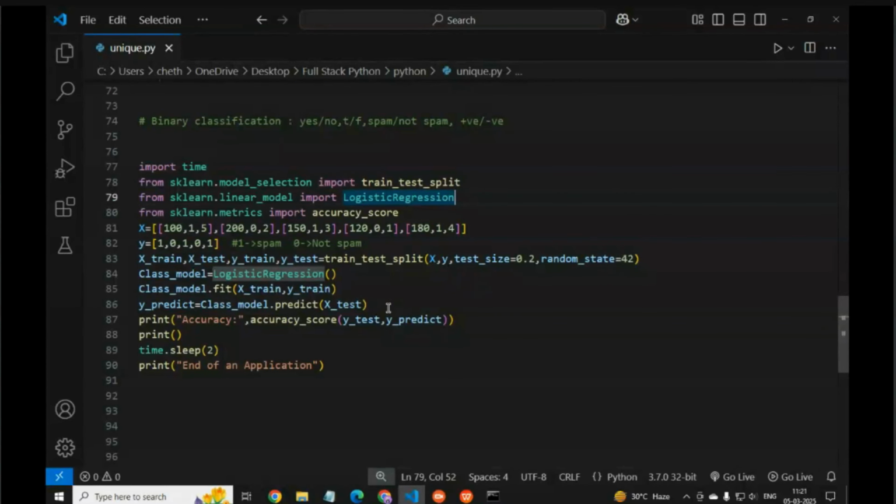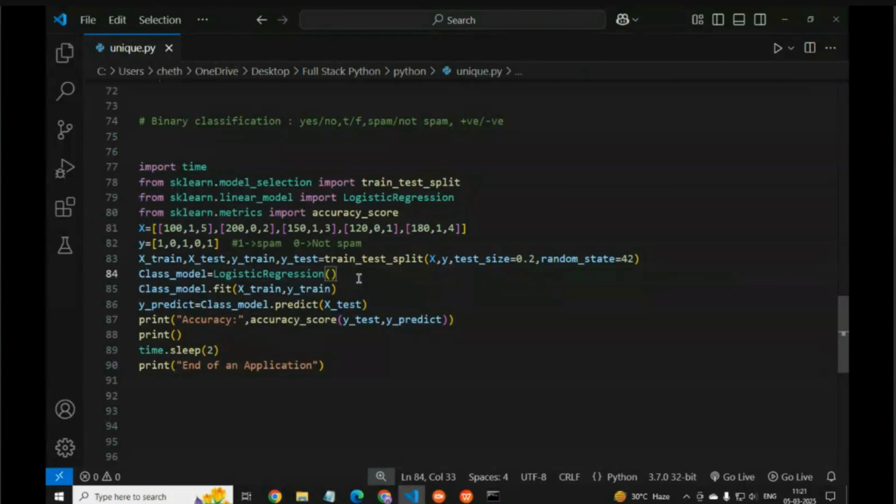Then we train the model: we create one logistic regression model, an instance of logistic regression. Then we train the model using the training data, fit on X train and Y train.